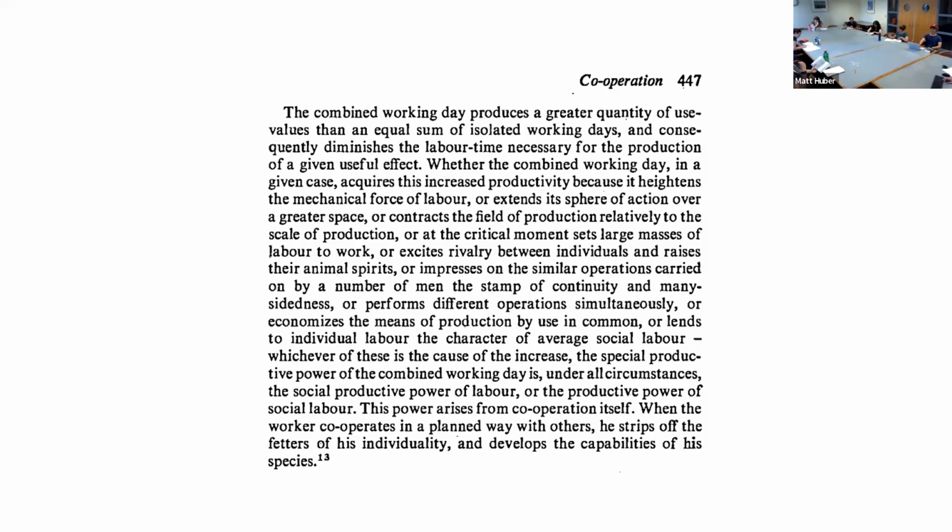When the worker cooperates in a planned way with the others, they strip off the fetters of individuality and develop the capabilities of their species, which Marx in his earlier works talks a lot about, like species being and what it means to be a human. And I think he goes on in this chapter to say that Plato or someone says that humans are a political animal, but they're also a social animal. And insofar as they're social, they're going to harness the capability of their socialness by cooperating more as a collective,